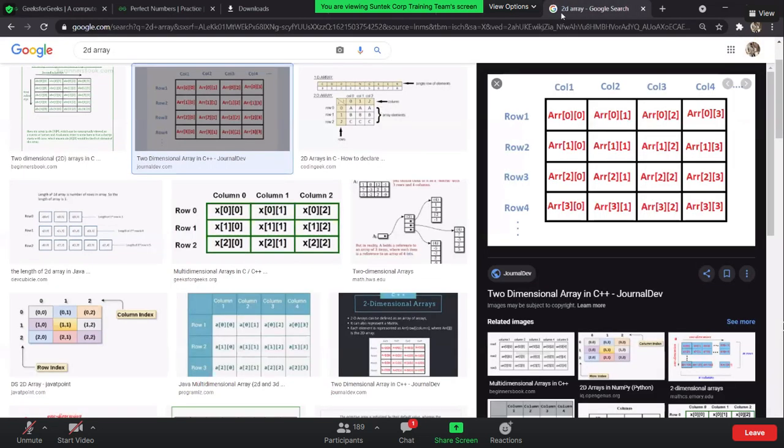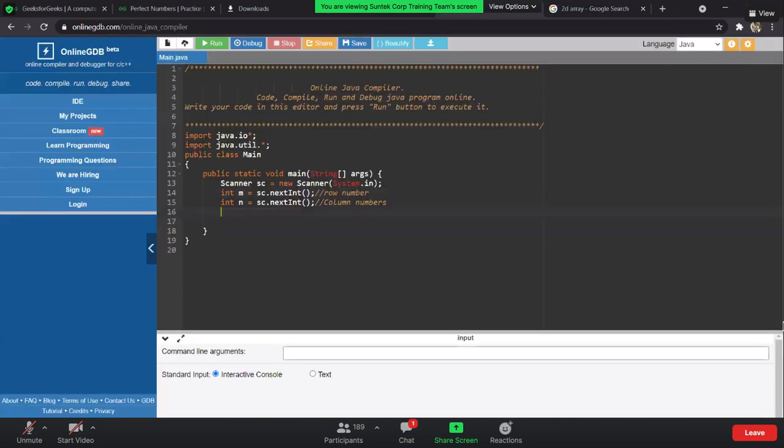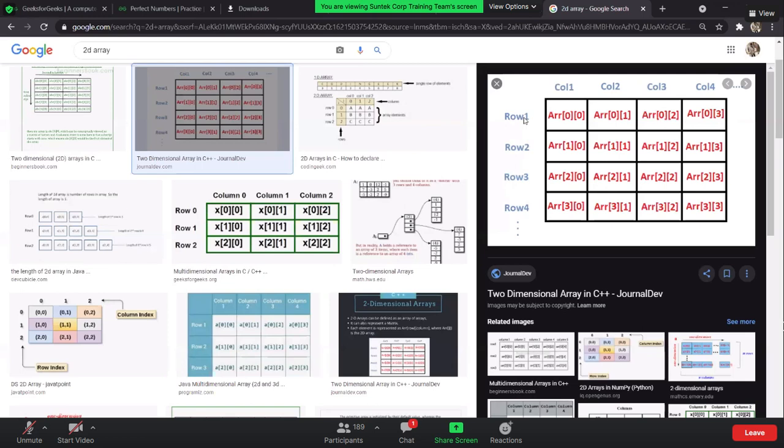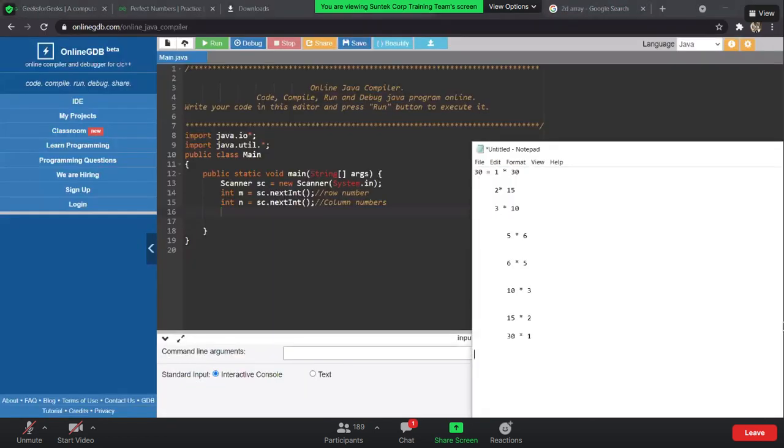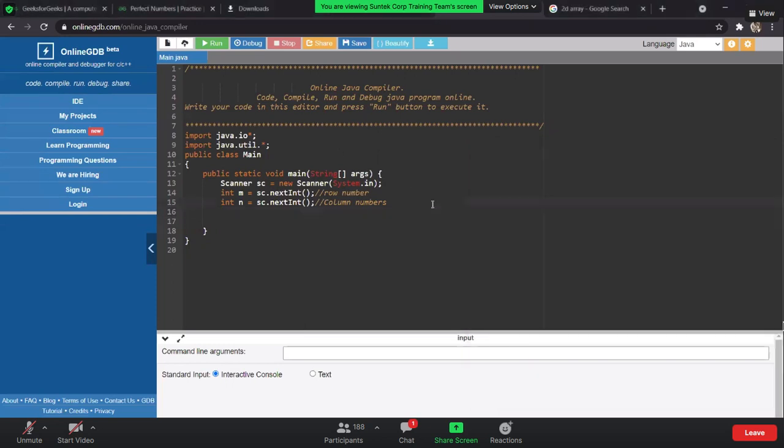So basically how that matrix works is, okay, maybe I can create a matrix and then show it to you guys.